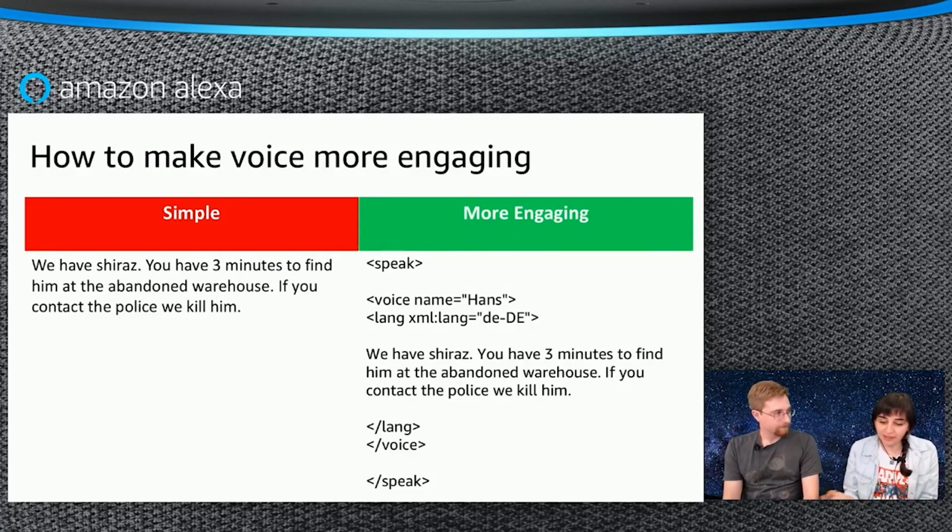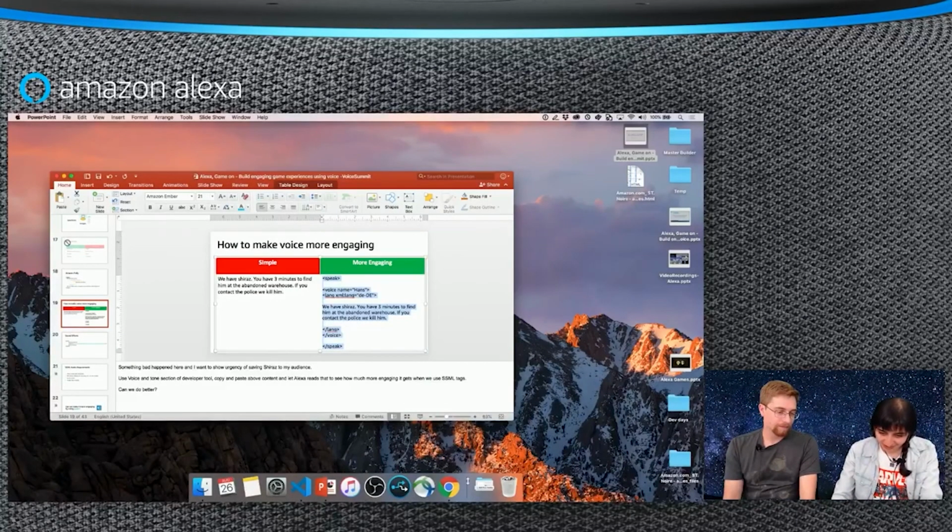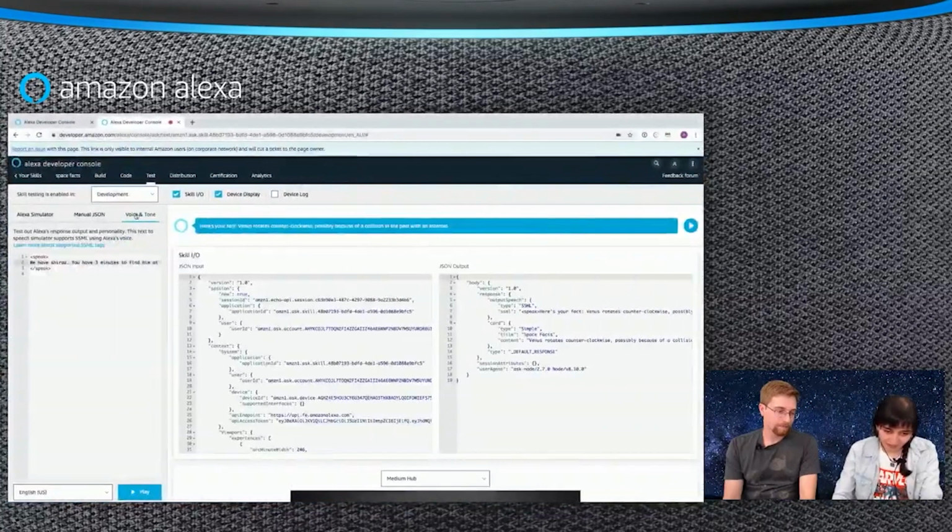So I randomly picked this German accent to see how it sounds like. You just need to play with different ones and see what's the character that you want to present in your skill, and does it represent that? So with that change, let's go here and see how it sounds like.